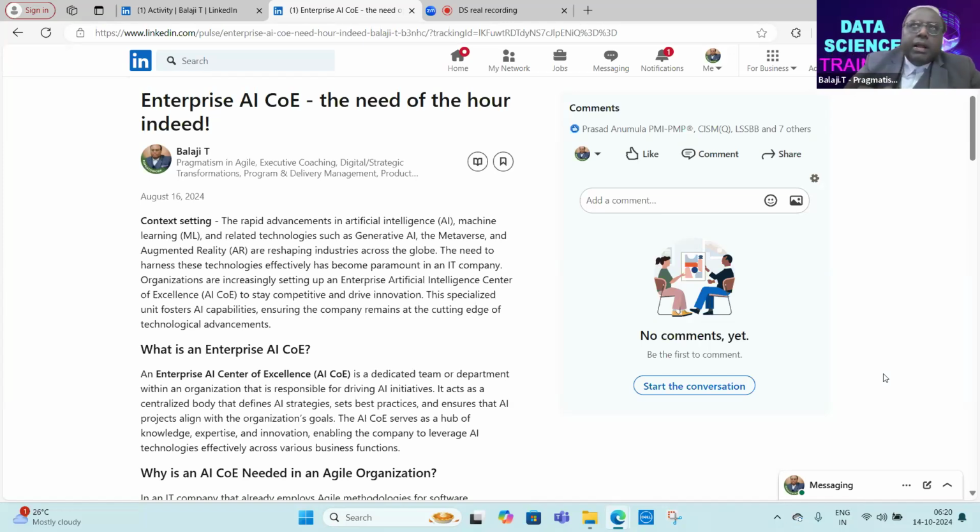Okay, so for one of my clients, I was actually heading that initiative of merging the agile CoE, DevOps CoE, and AI CoE. And I was fortunate enough, because of that opportunity, to work on multiple data science projects in IT. That is why I'm able to write these articles out of that experience.